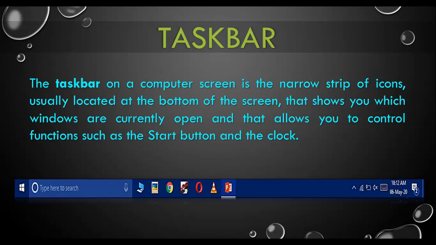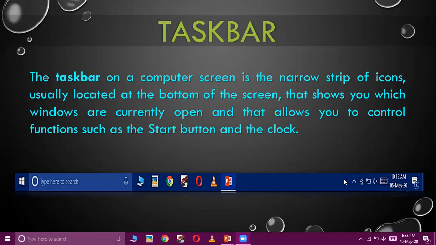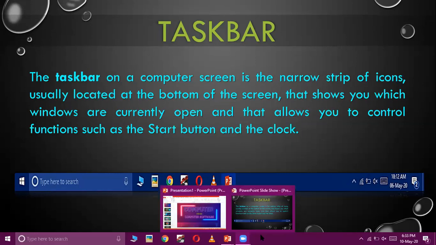Now, after the quick access toolbar, this area is the application area. For example, suppose you have opened any application, then the icon of that application will appear on the taskbar. If you want to switch to another application, let me show you that once. You can see the taskbar downside now. These are the quick access toolbar, on which by clicking on the icons you can open the application directly, and these are the opened applications on my computer.